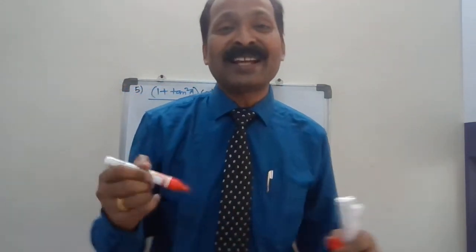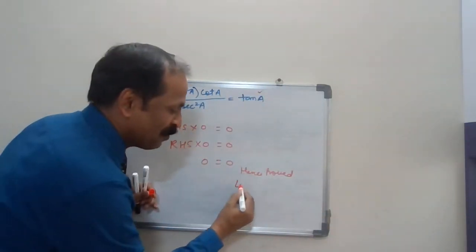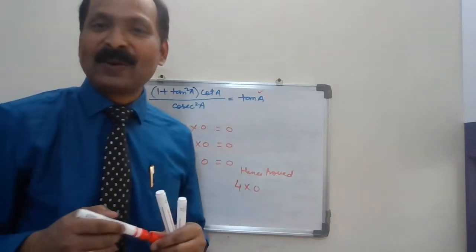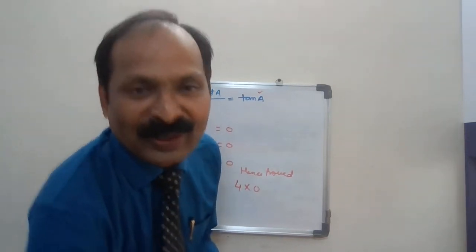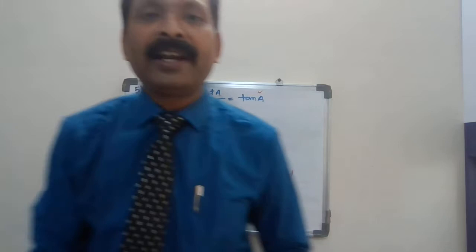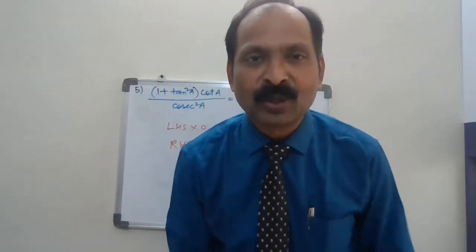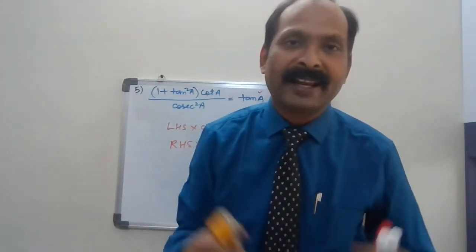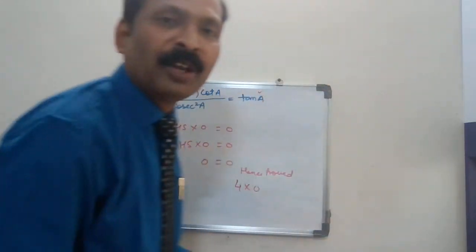So I told him the examiner will also give you marks. He will give you marks 4 into 0. Okay. So he laughed. So you cannot write anything, you have to write logically, giving the reasons. You cannot say anyway you multiplied and divided and got the right hand side. You have to be logical.